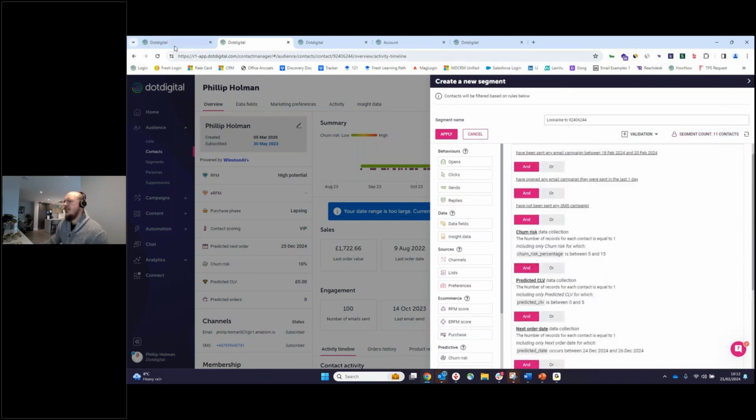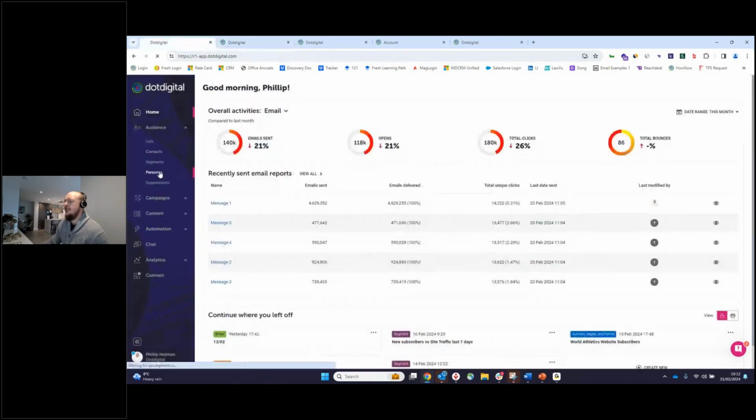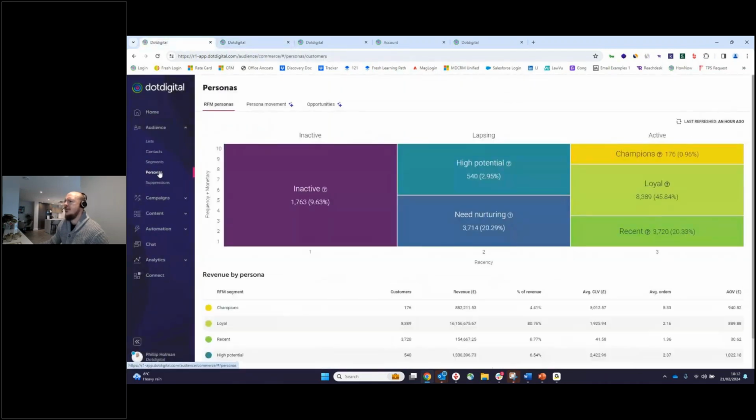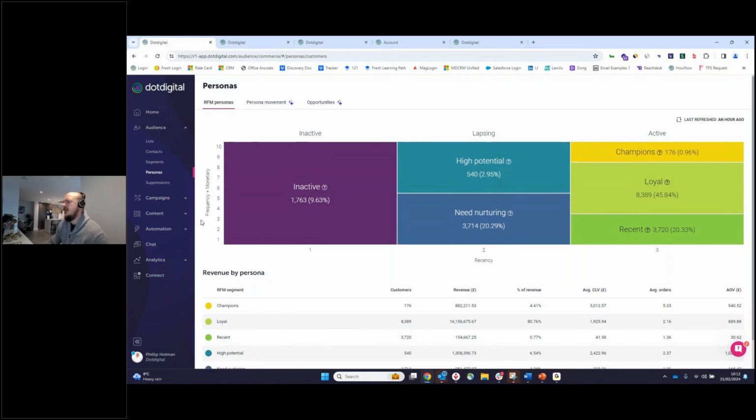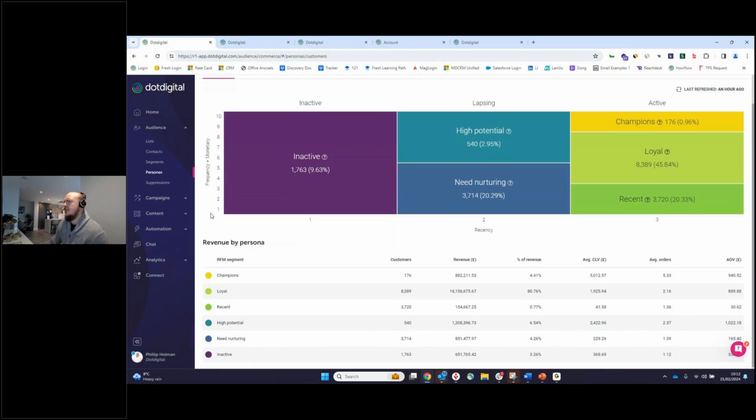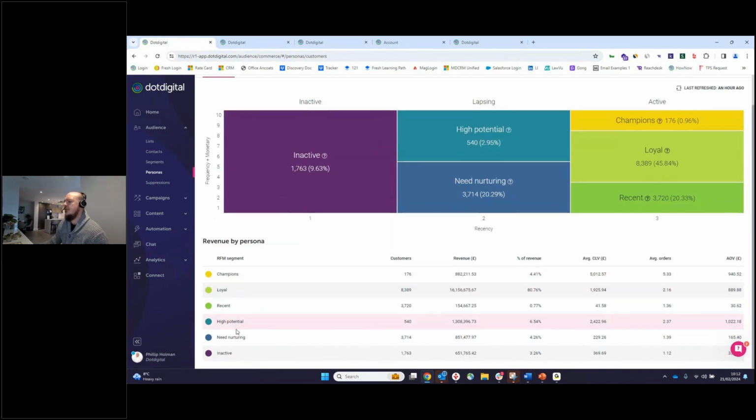But digging further into the actual personas, we've got a whole area now around personas. And again, anytime you see this little logo, that means that it's powered by Winston AI, as you can see. So the first part of this would be RFM, so recency, frequency, monetary. So this uses our own algorithm to automatically split your database into these personas. So you've got champions, loyal, recent, high potential, need nurturing, and inactive, and it will give you a split of